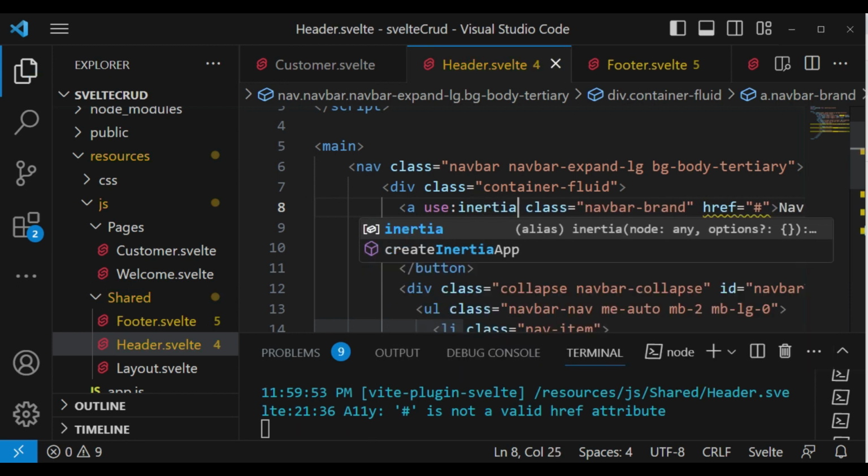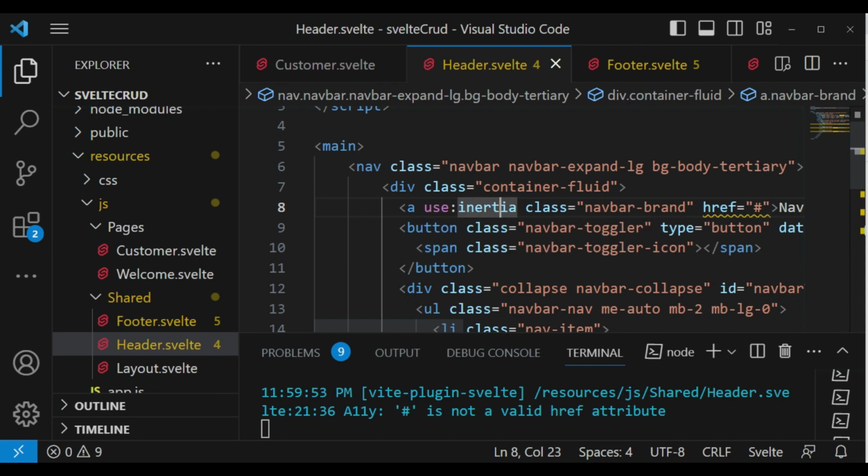And this will definitely turn our link into now an Inertia link,